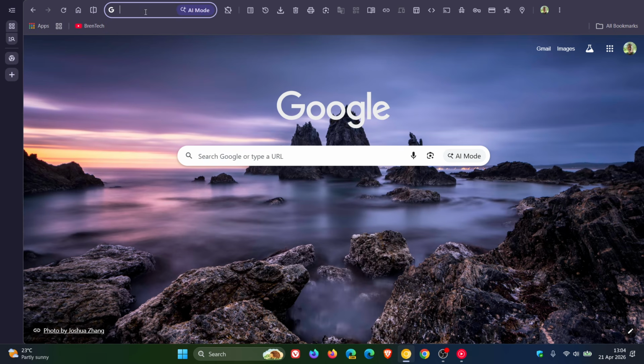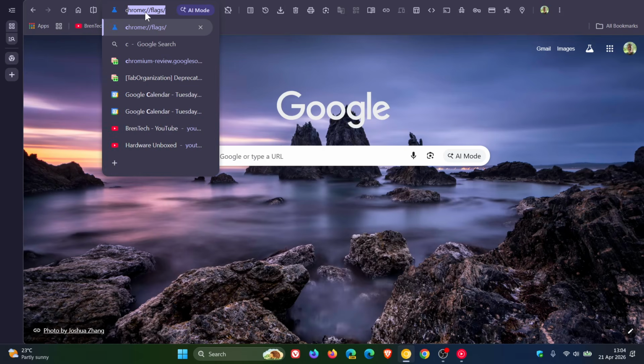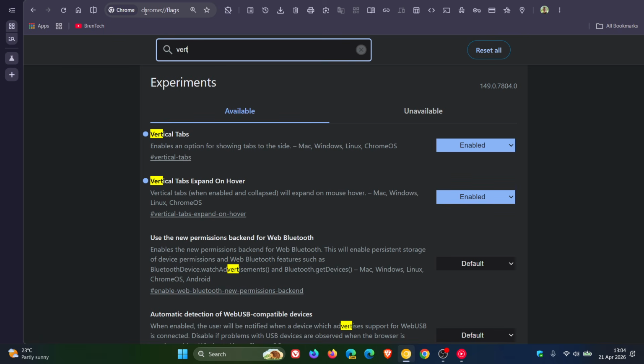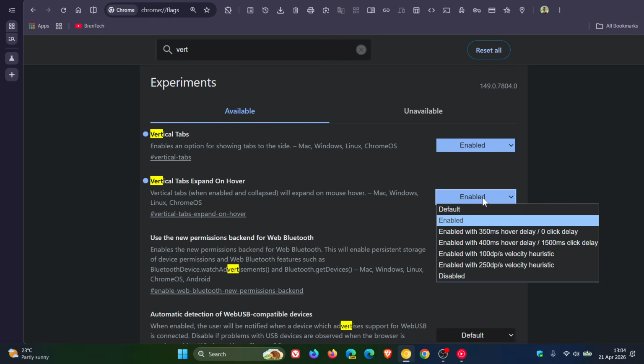So for this, if we just quickly head up to our Omnibox, head to our experimental flags page, and we enter vertical. Here you'll see vertical tabs expand on hover, which we enabled in the previous video. And here we've got the 4 different options. The first being enabled with 350 milliseconds hover, and the second 400 milliseconds hover. So basically what that means is the first two control the delay before the panel begins expanding when you hover over it. Now the difference is very subtle, but nonetheless, just to show you for the purpose of this video,